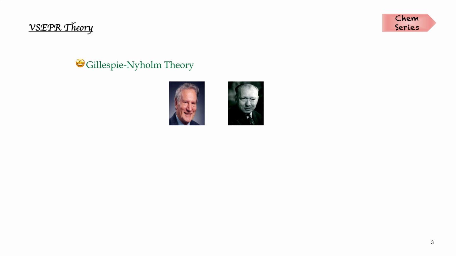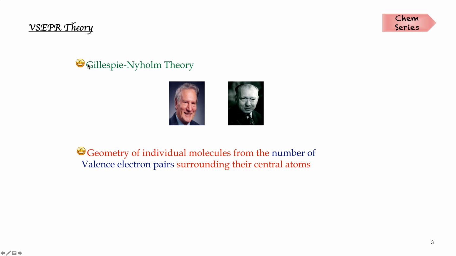VSEPR theory is also called the Gillespie-Nyholm theory, named after the scientists who postulated it. VSEPR theory is used to predict the geometry of individual molecules from the number of valence electron pairs surrounding their central atoms. So for example, if we take the H2O molecule,